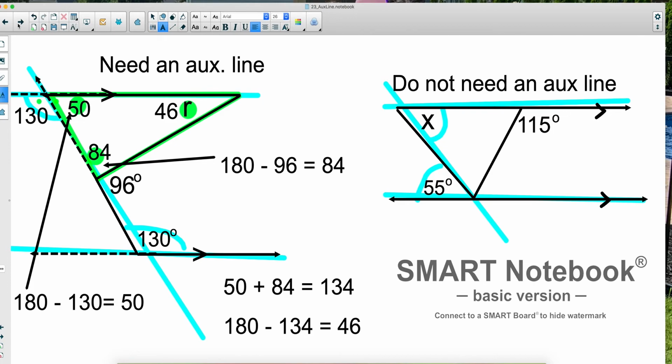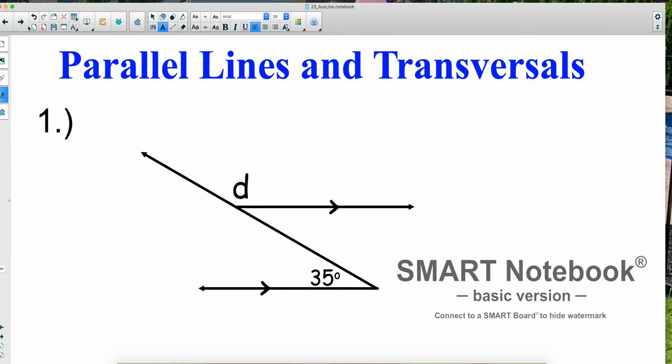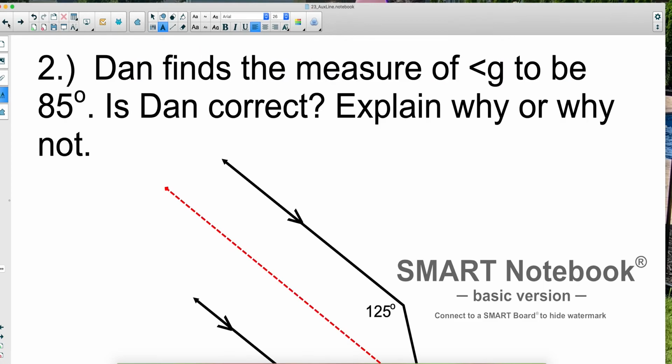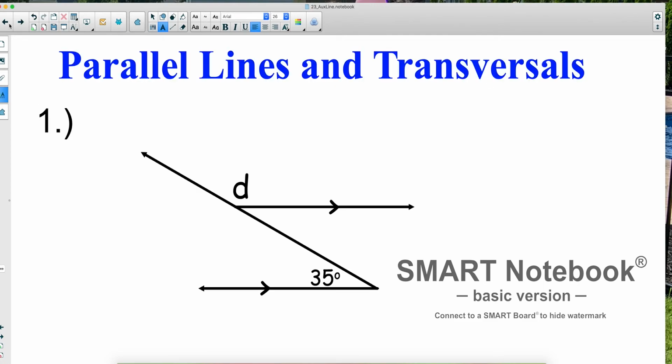Okay, so what we now have are two practice problems, 1 and 2. So I'd like you to pause this, take a couple of minutes, try them out, and then you can come back, hit play, and listen to me go through the results. Okay, so for number 1,